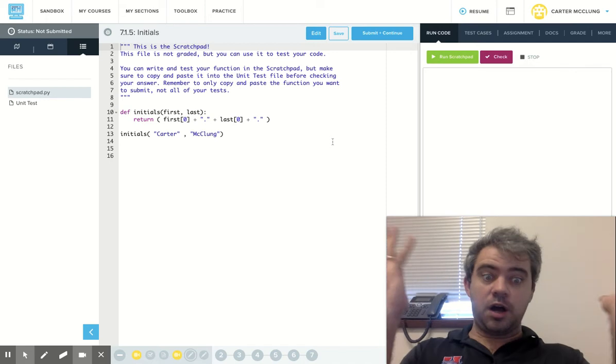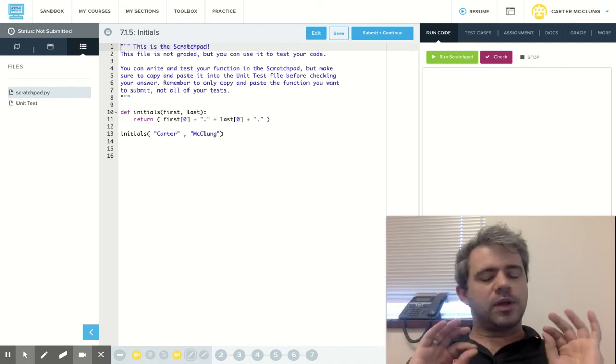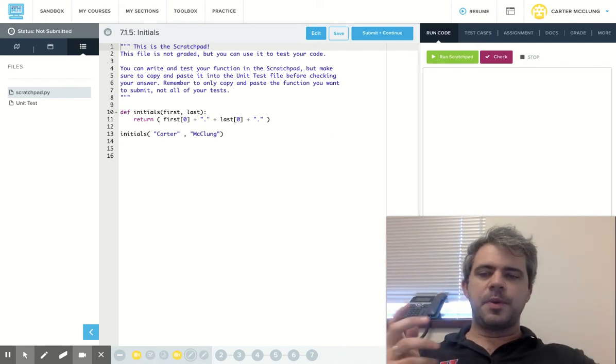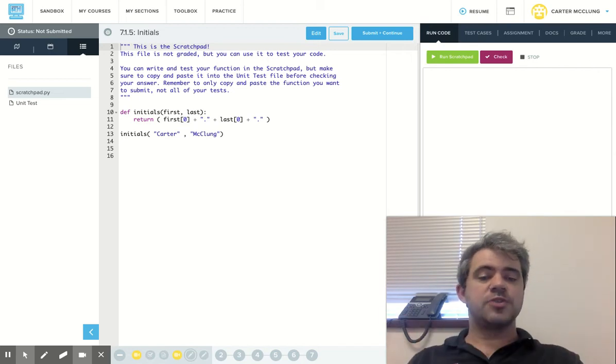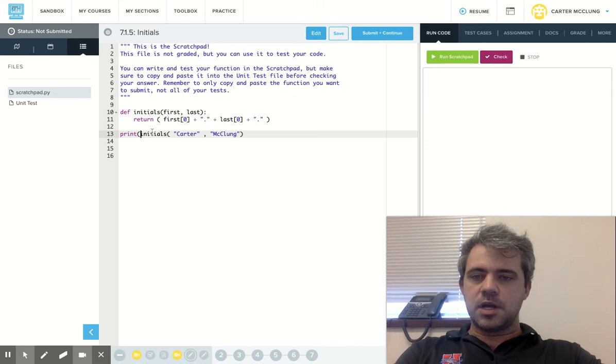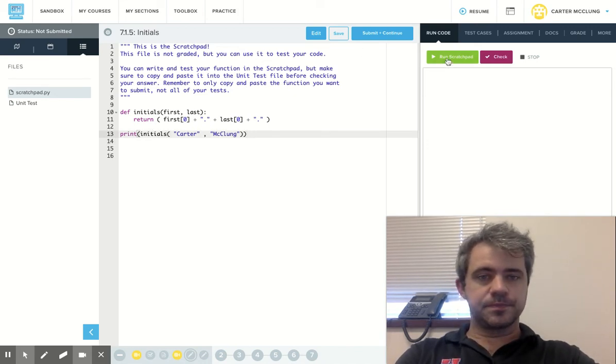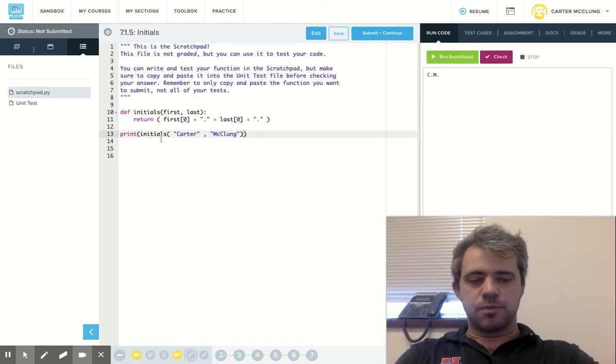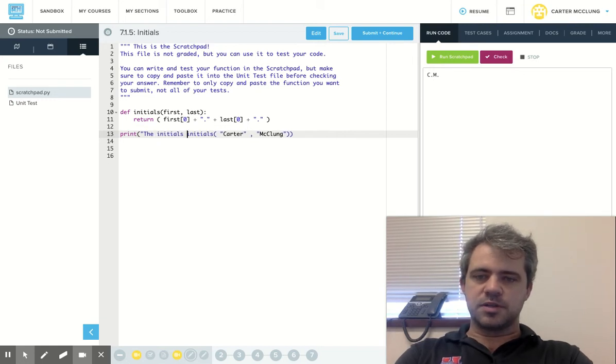Nothing. Oh my goodness, my method doesn't work. Well, it does work, but what it does is it hands you a string, and you can do whatever you want with it. So I can print the initials. I can say the initials of Carter McClung are